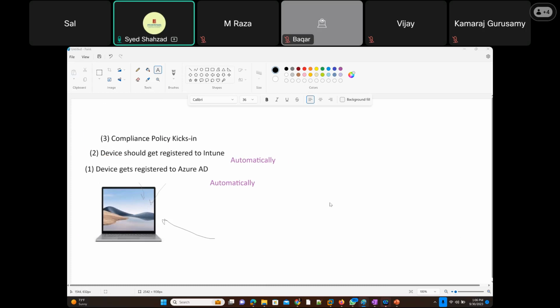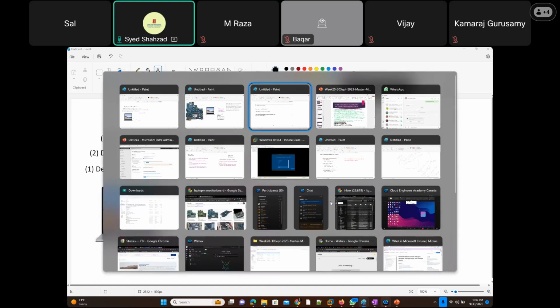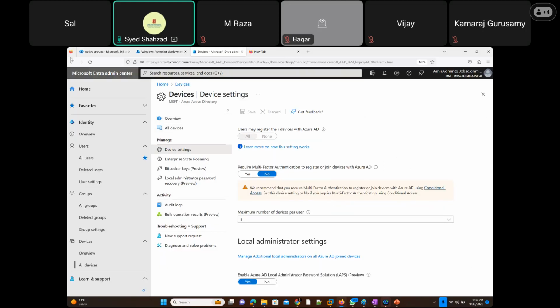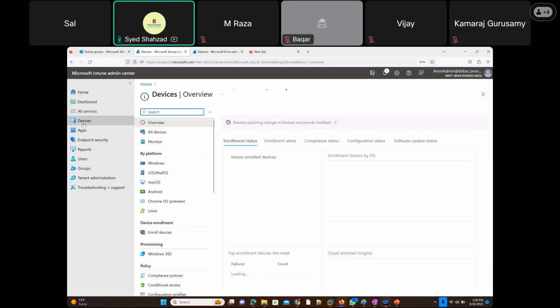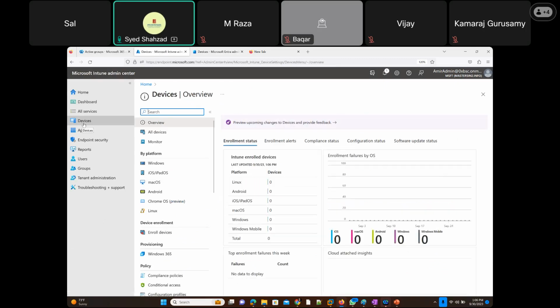So where is it? What does it do? And is it really important? Oh, yes, it is. Now, if we go back to our environment, where is compliance policy? Actually, not Autopilot here. We're going to go to the Intune Admin Center, and we're going to go for devices. So now devices include Windows, iOS, Android, right? Linux, all devices. But we are concerned with, you can see here, down here,